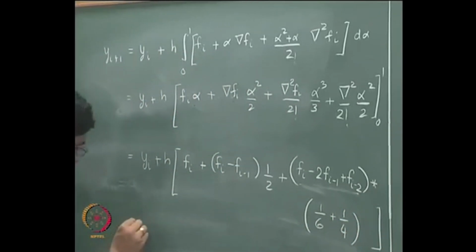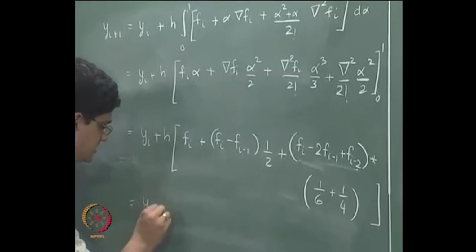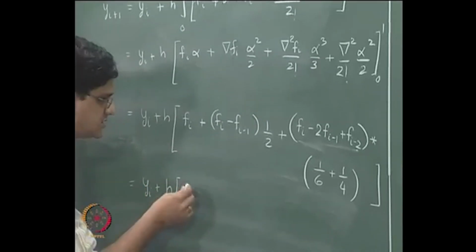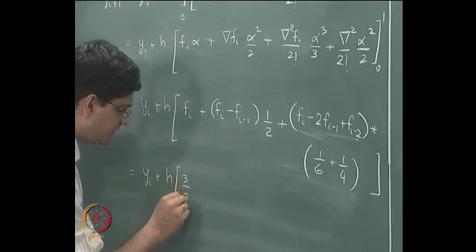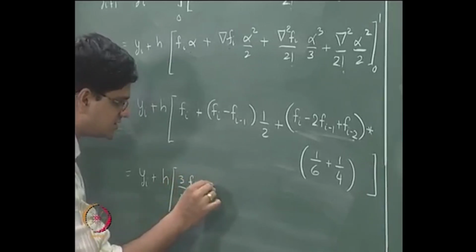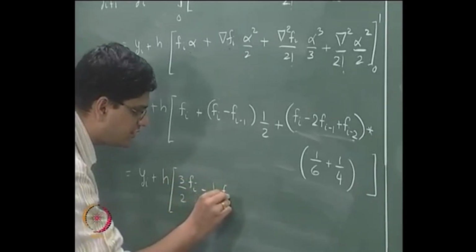Okay. So, that is going to be yi plus h times 3 by 2 fi minus 1 by 2 fi